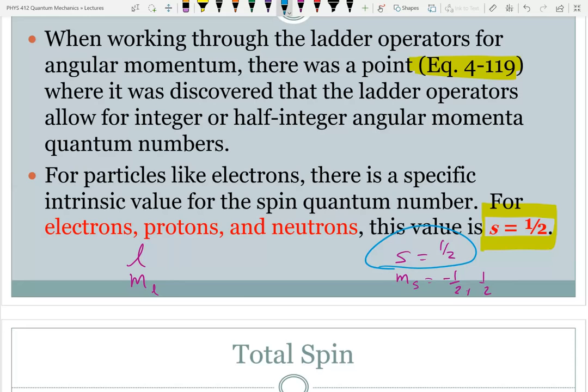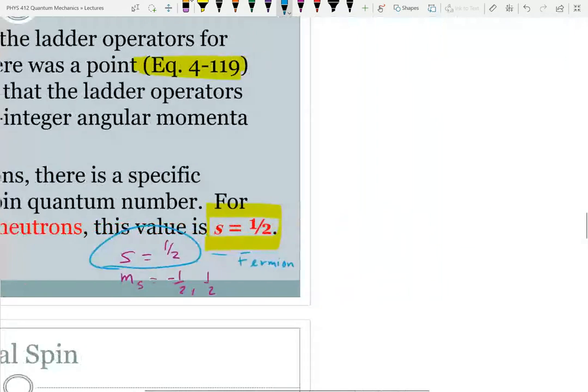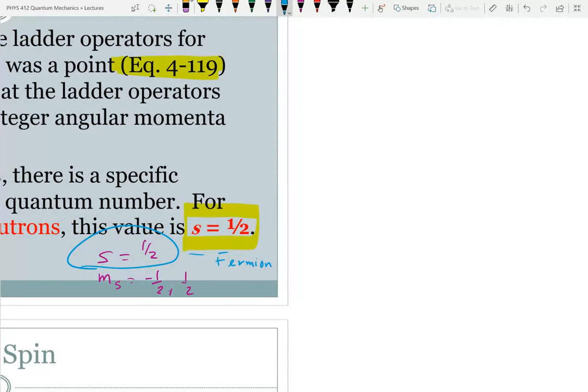And we call them as a group fermions, named after Enrico Fermi, who along with Dirac, Paul Dirac, I believe, worked out the mathematics of how they behave if they have half integer spins. So we only have two possible spin states. So if I have two possible spin states, I'm going to have some